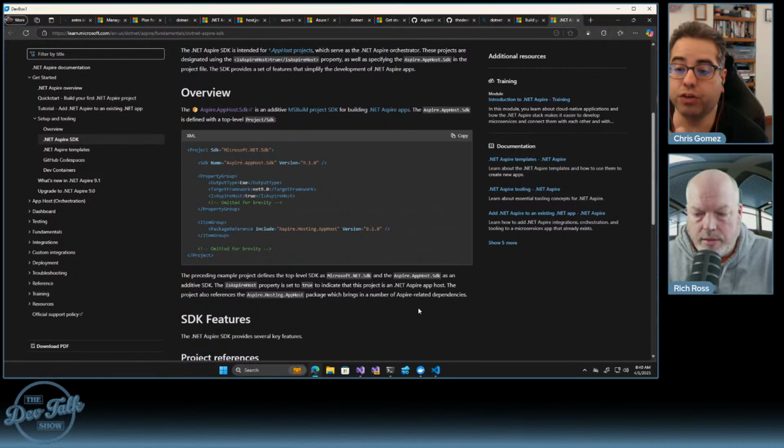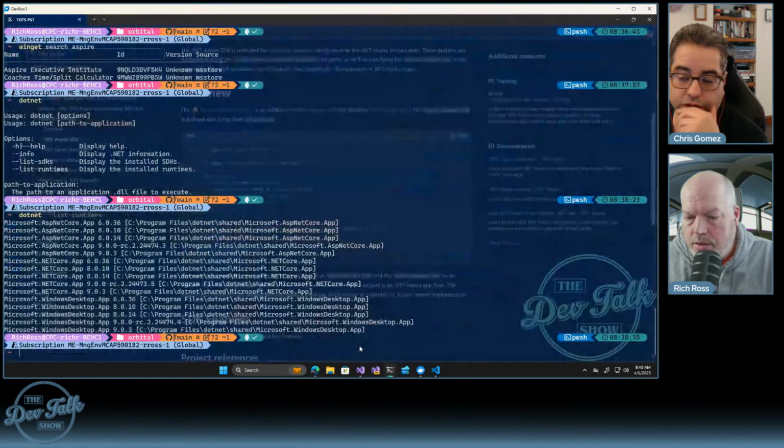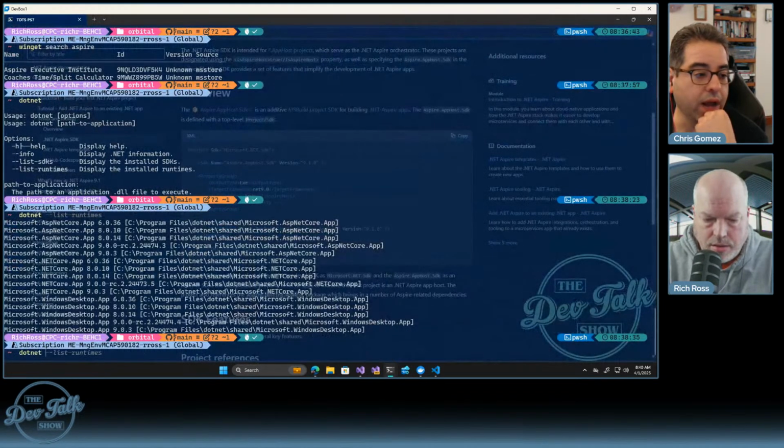I'm not saying that you couldn't do this through the Visual Studio installer. You probably could, but .NET New install, and then you say aspire.project templates, and you put the version that you want. But what I'm curious about is, is there a way to see the version that you're at? Right. Because that would at least help me say, okay,